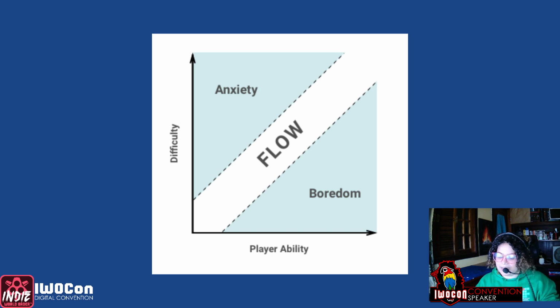So if you play a child's game, for example, where you need to paint little balls with your finger, it will probably be too boring for you. But it won't be for a child. It will be a challenge for it. So the child will be in this flow state, but you won't.